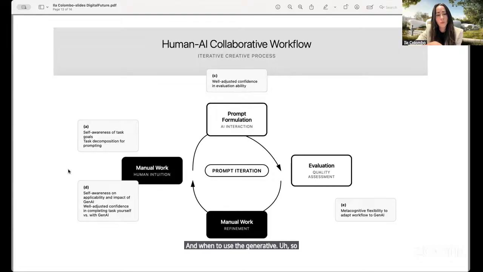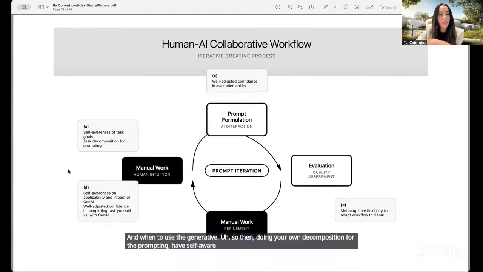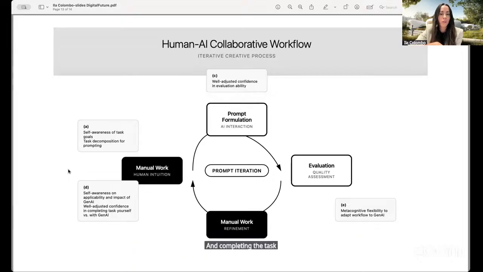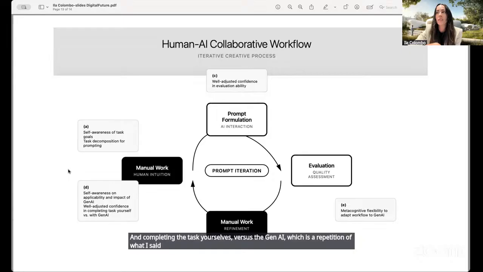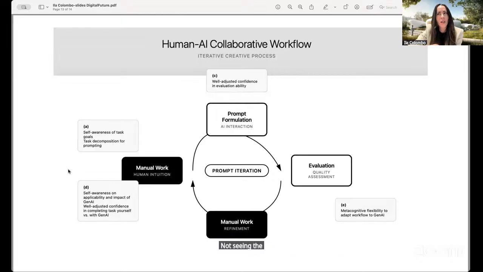So then, doing your own decomposition for the prompting, having self-awareness of the applicability and impact, and of course a well-adjusted confidence in completing the task yourself versus with Gen AI, which is a repetition of what I said.